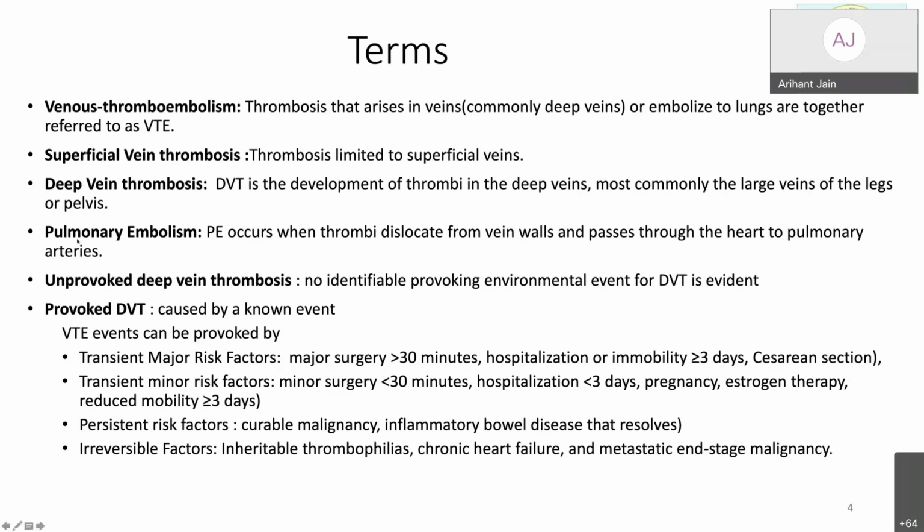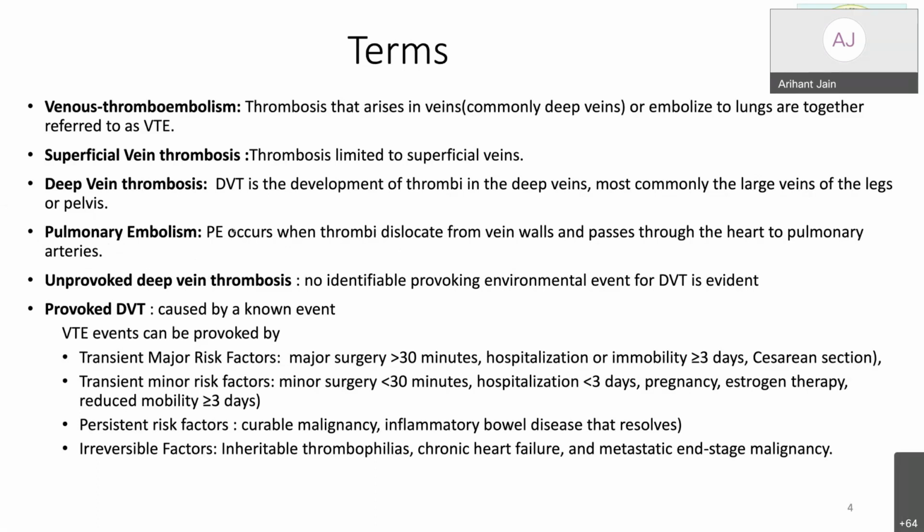Then the next is pulmonary embolism. Pulmonary embolism, as you all know, occurs when the thrombi dislodge from the venous walls and pass through the heart to the pulmonary artery. So any thrombus which was there distally and has now embolized and localized itself to the pulmonary artery will be called